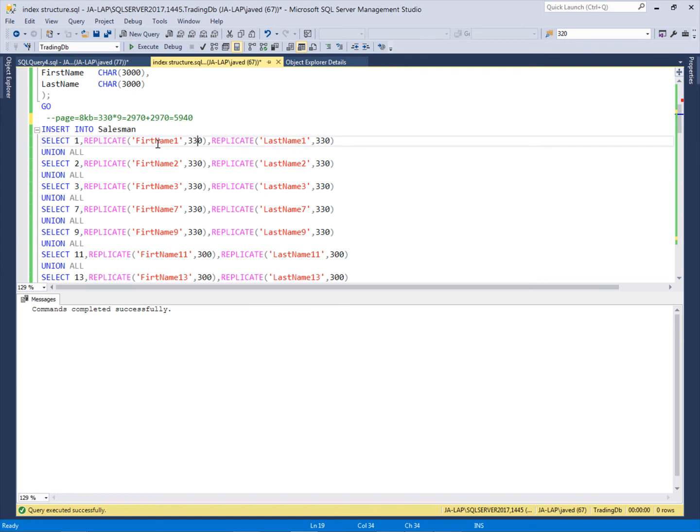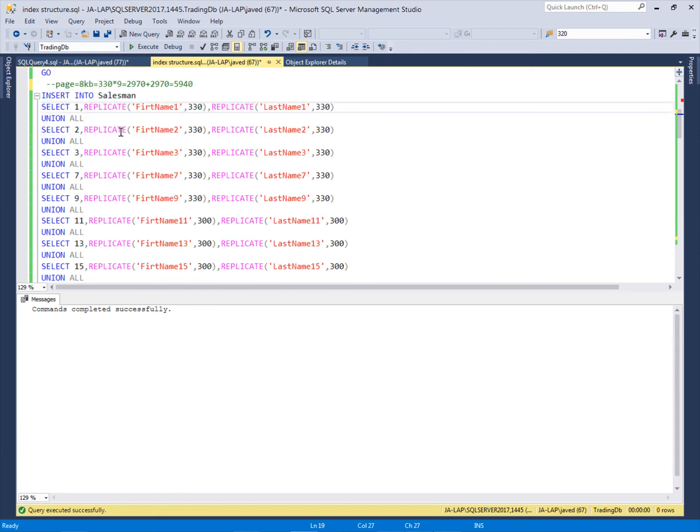So 330 into 9 characters is 2970, and this is our last name also 2970. So 5940 will be the total size for this, plus the one integer, and we know that the total size of the page is 8 KB, and this is roughly 6000 bytes.